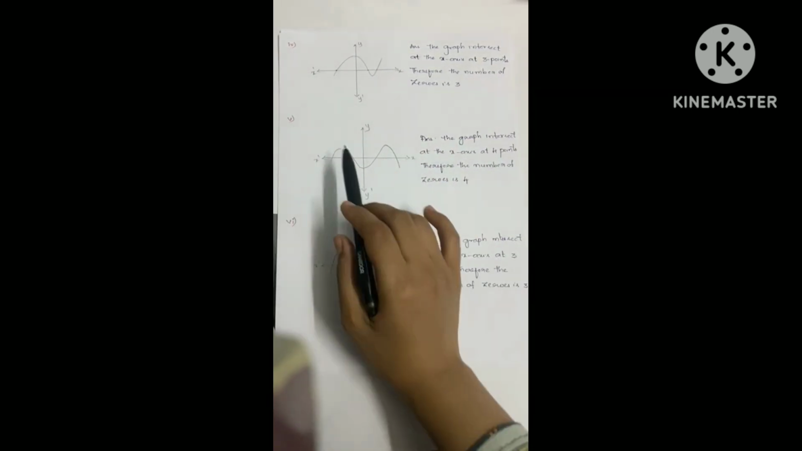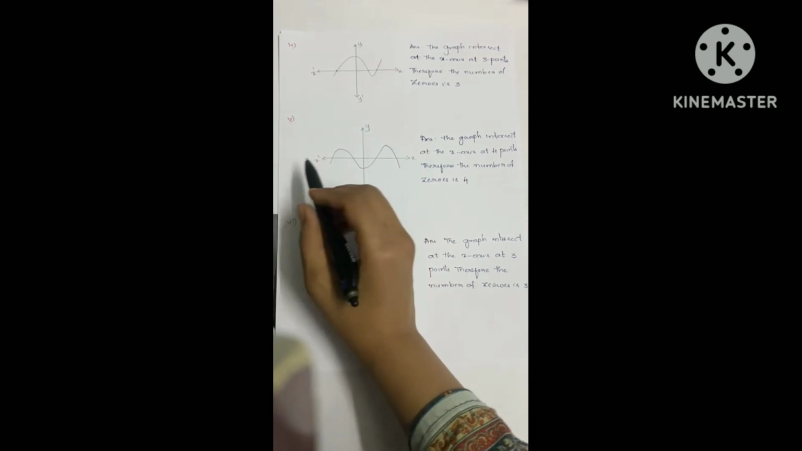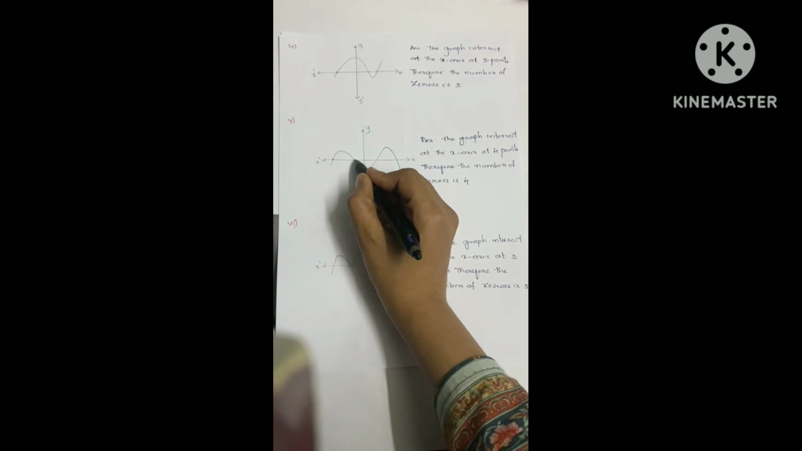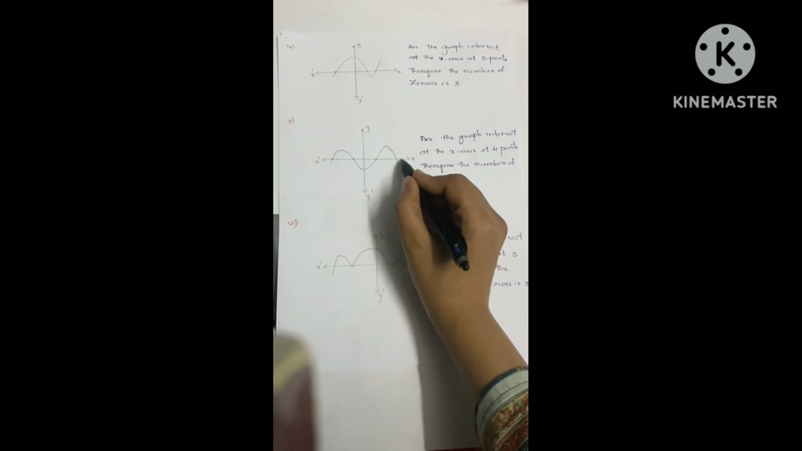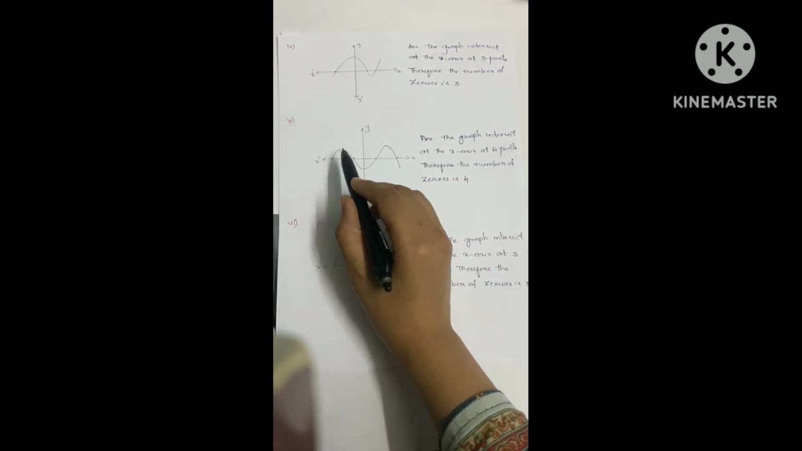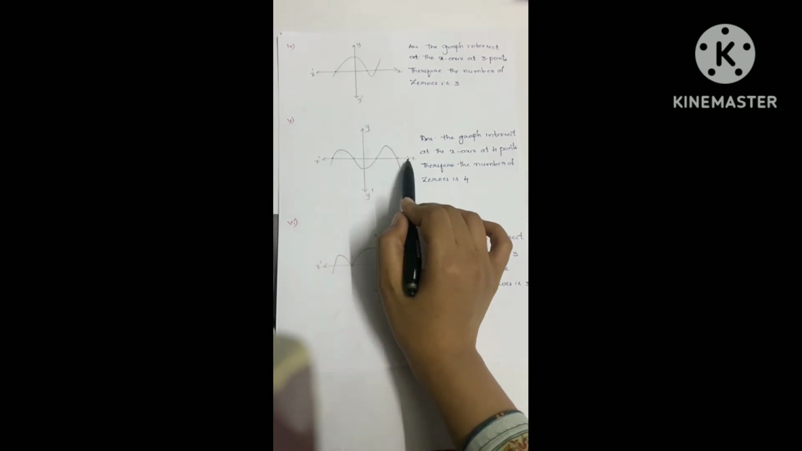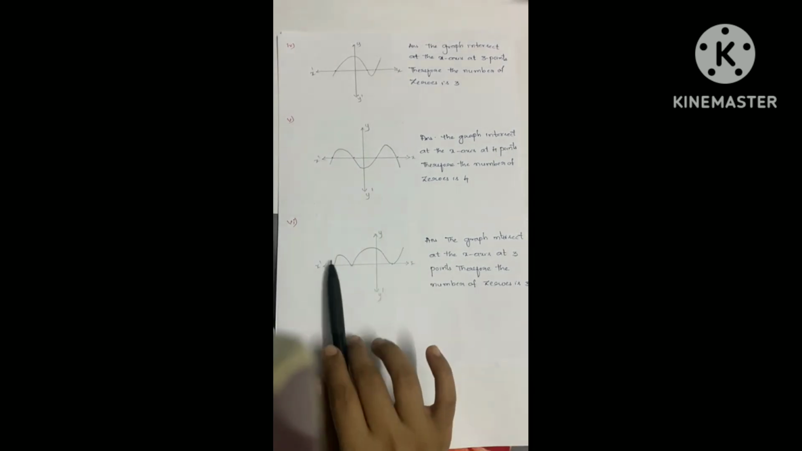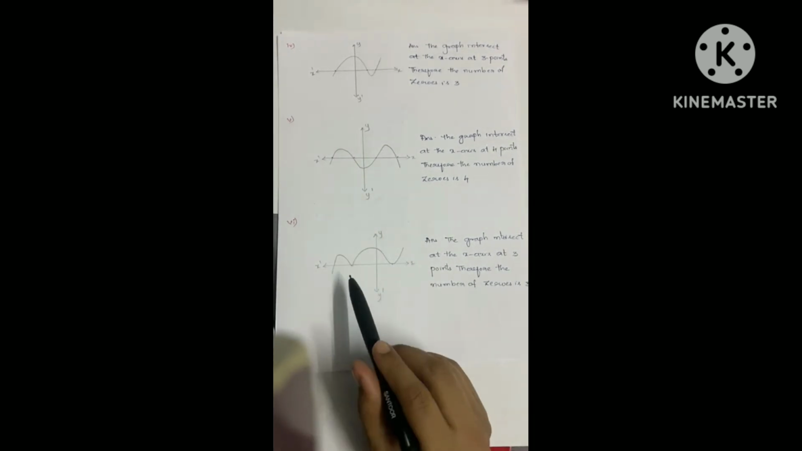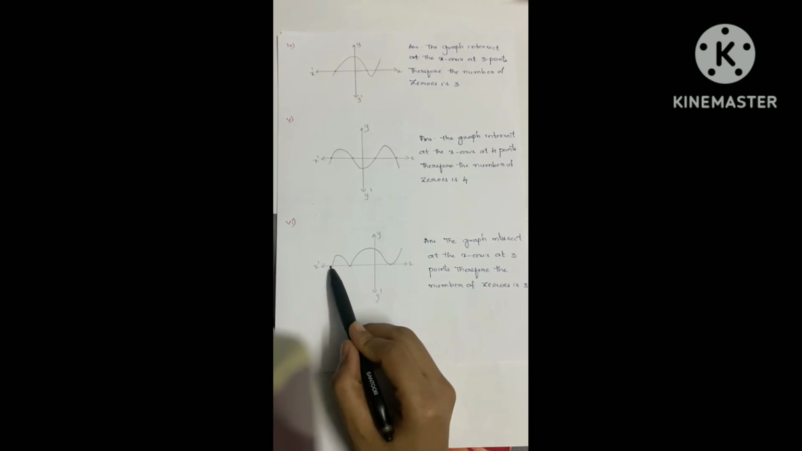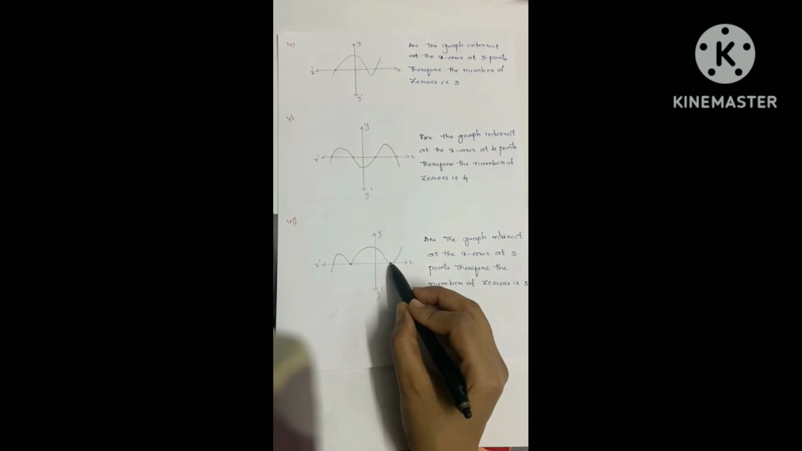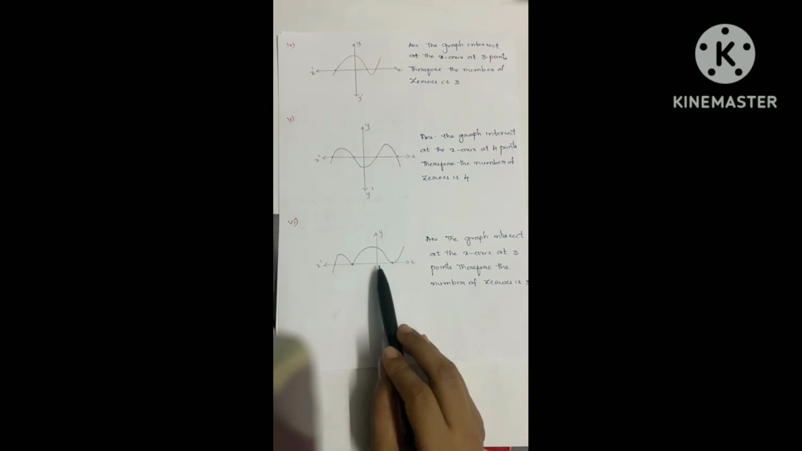Now coming to the fifth problem. Here the graph intersects the x-axis at 1 point, 2 points, 3 points and 4 points. Therefore the graph intersects the x-axis at 4 points, so the number of zeros is 4. Next, the sixth one. Here in this graph, the graph intersects the x-axis at 1 point, 2 points and 3 points, at 3 points on the x-axis. Therefore, the number of zeros is